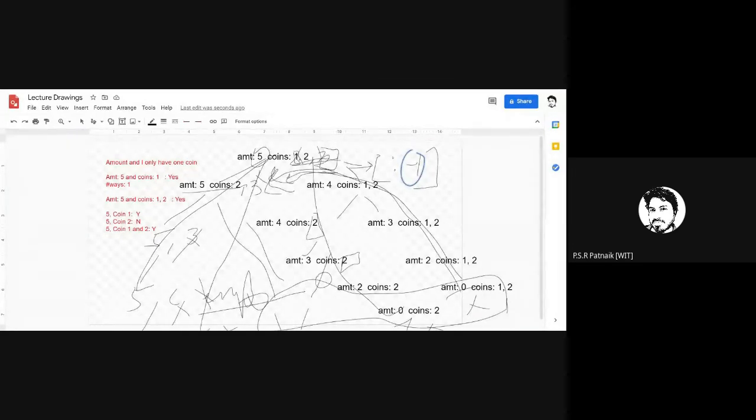And coins will be as it is. I hope you are getting this. So here you have to subtract the last coin from the amount. Tell me, what should I write if I want to get the last coin in a Python list?